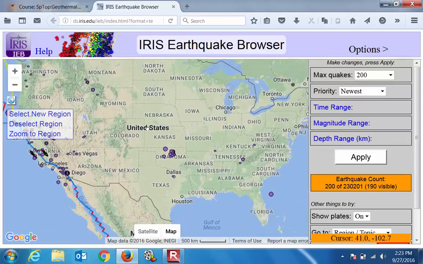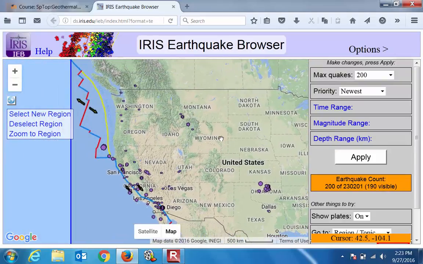Let's see what we got. And look right there. On 9/25, we had a 2.5 magnitude earthquake, 111 miles down. And what's kind of cool about this is that it also includes your